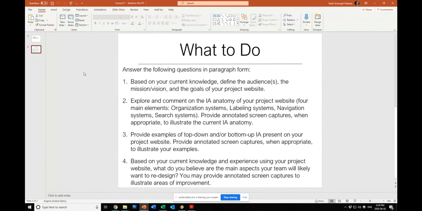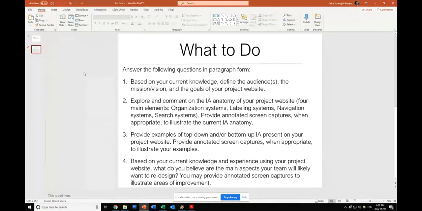And then, last but not least, based on your current knowledge and experience using the project website, your target website, what do you believe are the main aspects your team will likely want to redesign? So at this point, you've been looking at the website, you've been living with it. Perhaps it's in your dreams at night. I don't know. Maybe that's going too far. But by this point, you should have a good sense as to where there may be issues